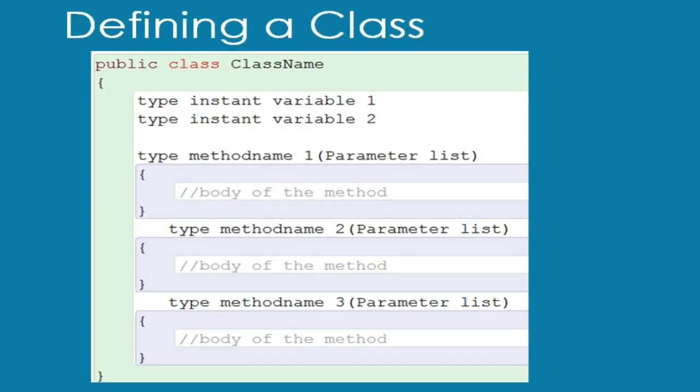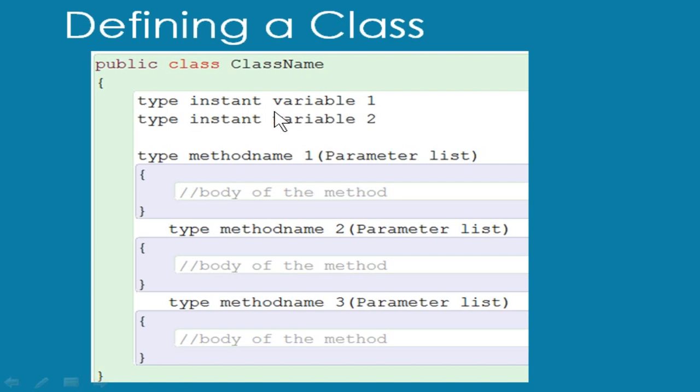Next is how to define a class. Normally you will have public class and class name, and usually you will have all these data members, that is variables, inside the method. Now when you are creating a class, you can declare data members outside the methods. So it will be outside all the methods. You can say it as global variables which can be used in any methods. When you declare it outside, it can be used anywhere in the class.